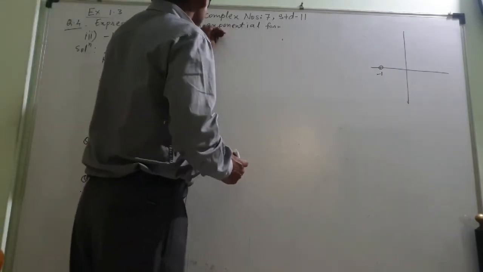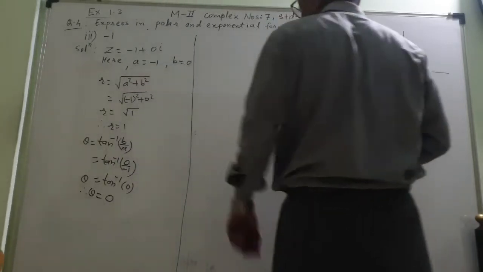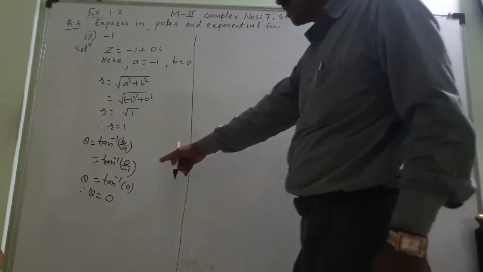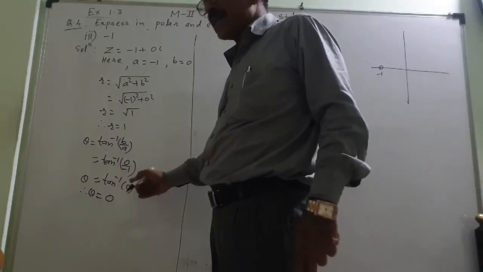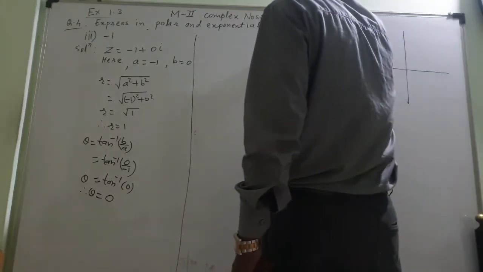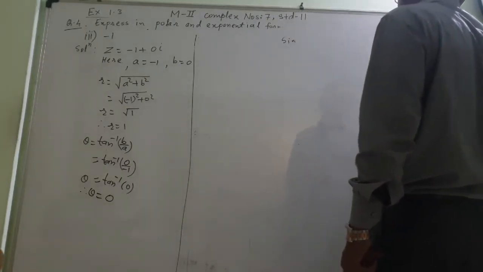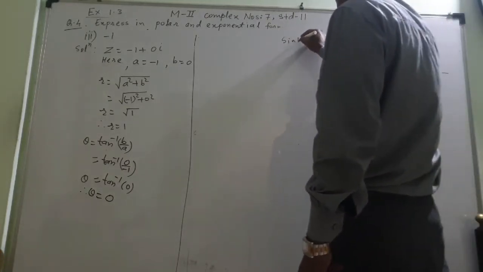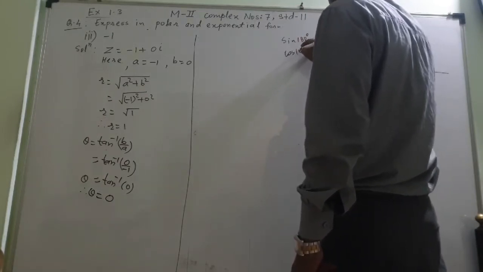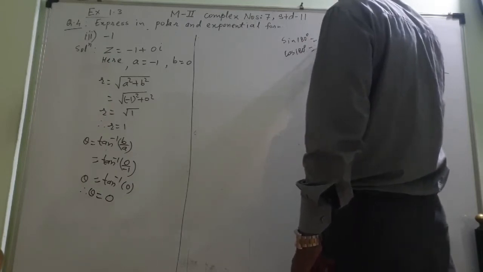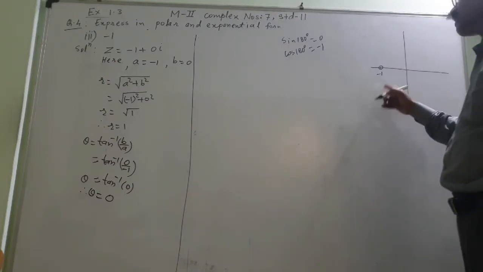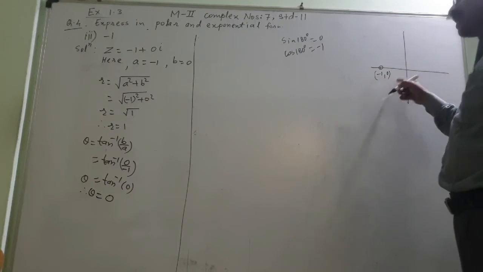Have you understood this? Always here it is 0. Tan is 0, only from tan I cannot judge now. Then I will go by sine. Sine of 0 is 0. Sine of 180 degree is also 0. Cos of 180 degree is also minus 1. So this is matching. Cos means the x coordinate. The coordinate of this is minus 1 comma 0.